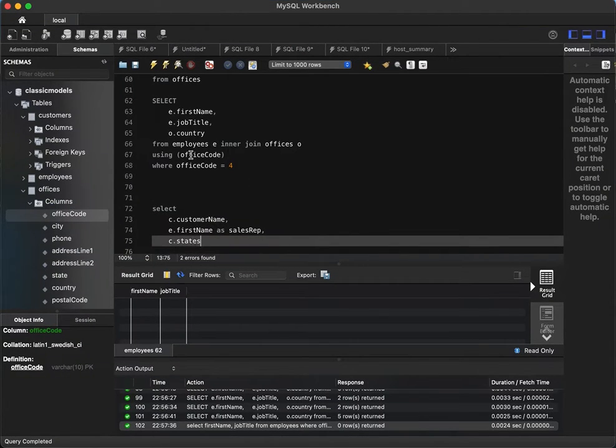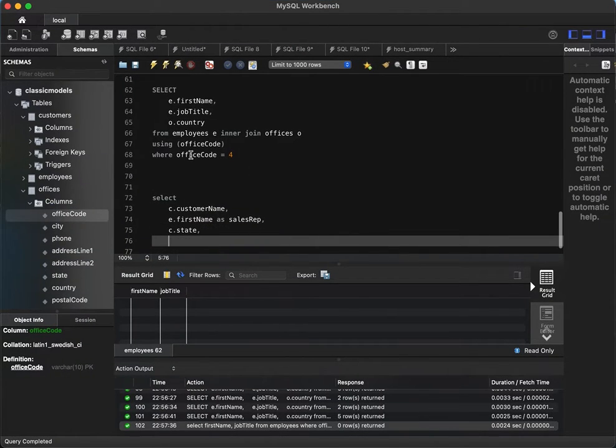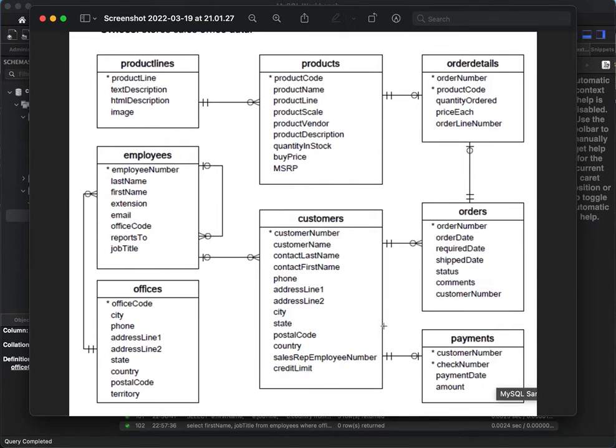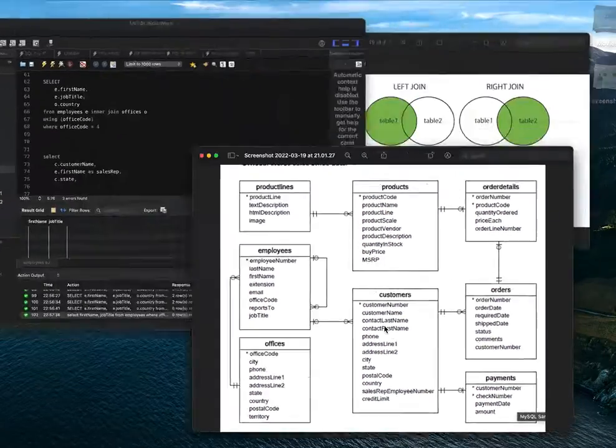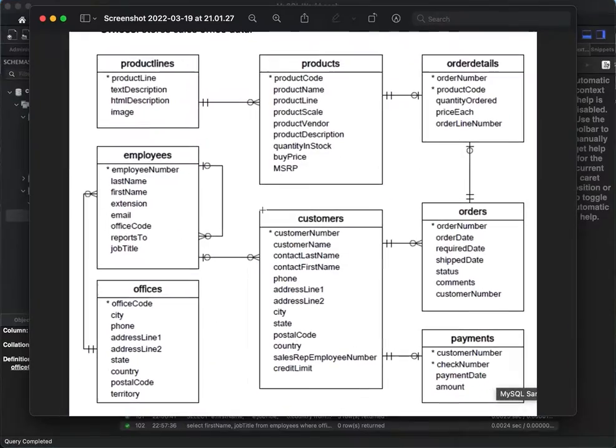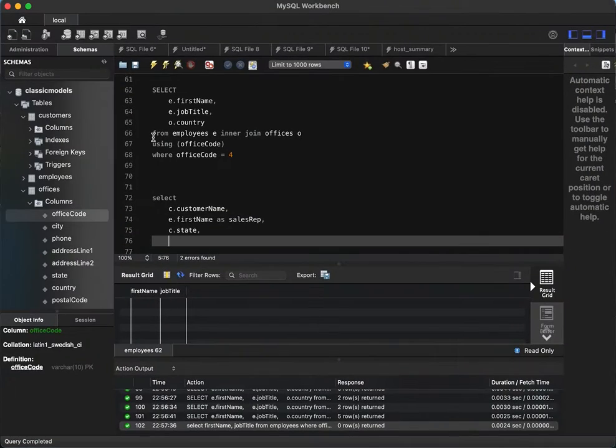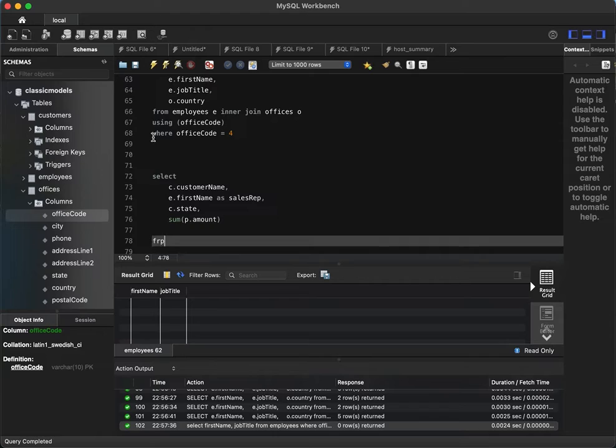See the states, and then we want to get the total amount paid. Let's see, sum of p dot amount from